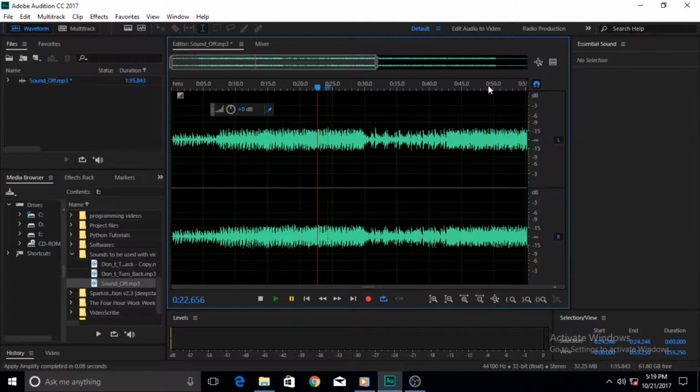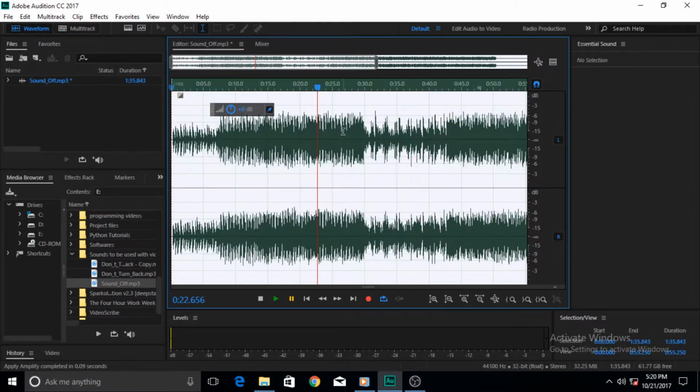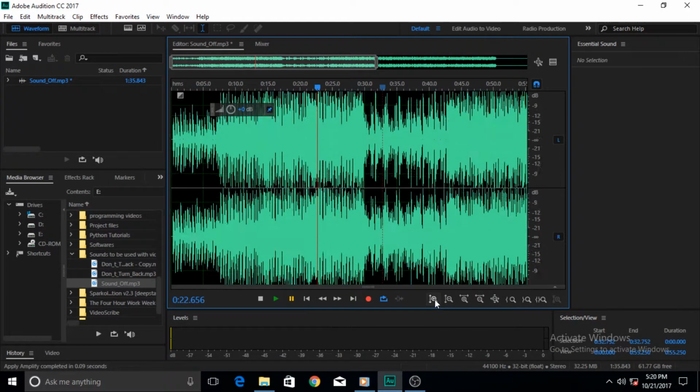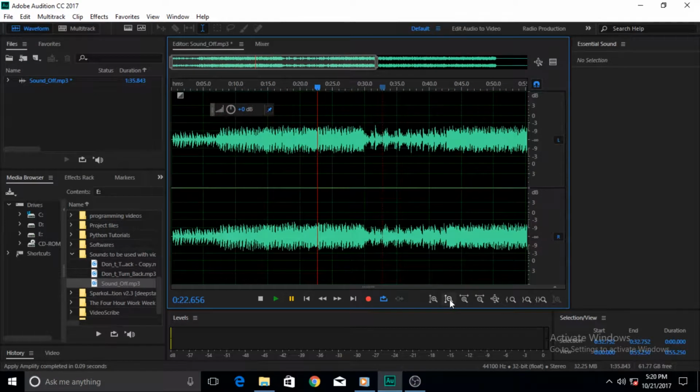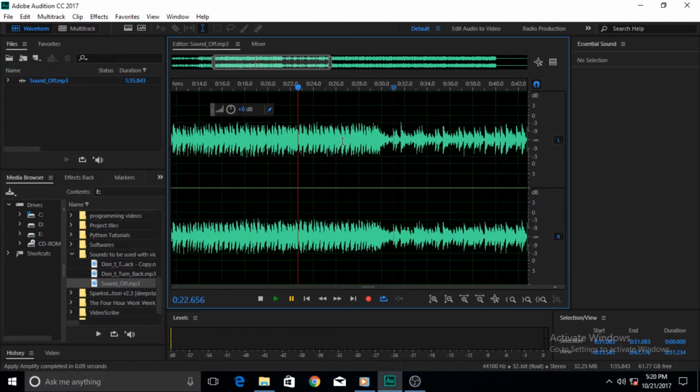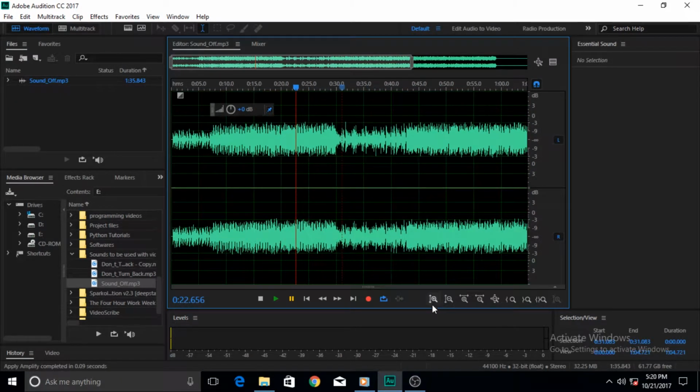This is not zooming out. As you can see from this scale of time, we are at the same place where we were before, but the time has not changed. We are not zooming in or zooming out in time. We are just increasing and decreasing our volume. Okay, let me just press Control G a few times and we will go to this place.